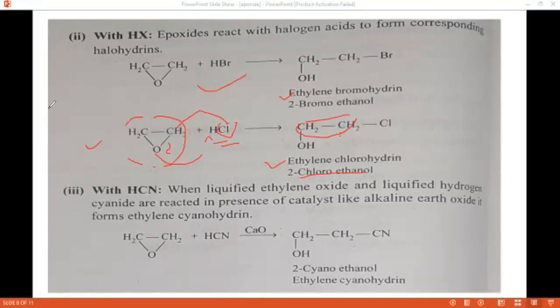Now the third reaction is the epoxide reacting with hydrogen cyanide. The epoxide reacts with hydrogen cyanide. When